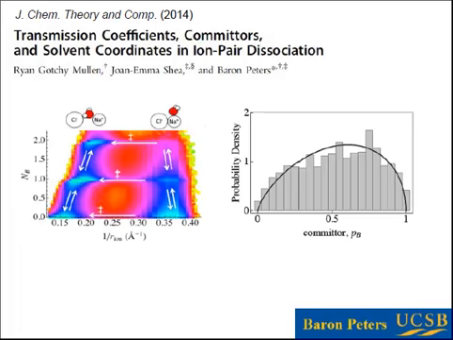So we did some analysis and figured out that you have a couple of different solvent coordinates that are important in this process. We're able to find a committor distribution that's peaked somewhere in the neighborhood of 0.5. It's not peaked nearly as sharply as we would have liked to have seen, but nevertheless it's an improvement on what's been seen before, and we were able to identify those coordinates and develop some understanding of what's going on here.